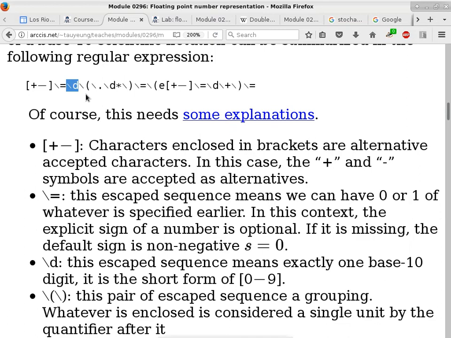It's basically the same thing as square bracket, 0, 1, 2, 3, 4, 5, 6, 7, 8, 9, close square bracket, because we are limiting this character to be one of the base 10 digits. So backslash D is like limiting the backslash equals to, right? Backslash D is the same exact thing as typing in brackets 0 through 9 bracket.